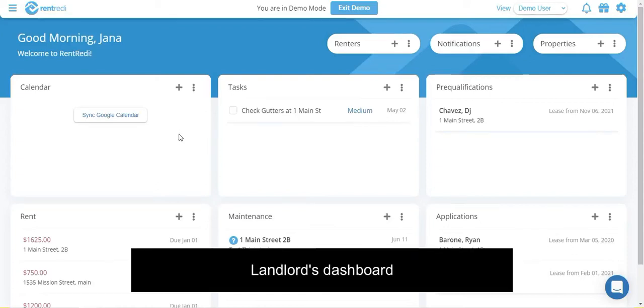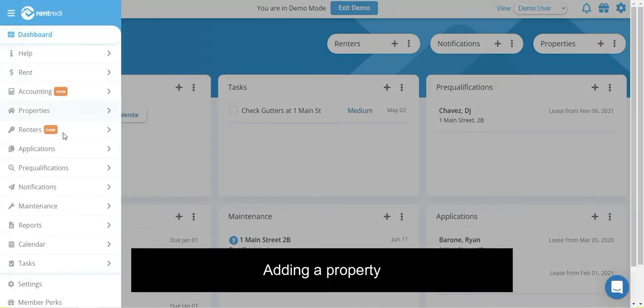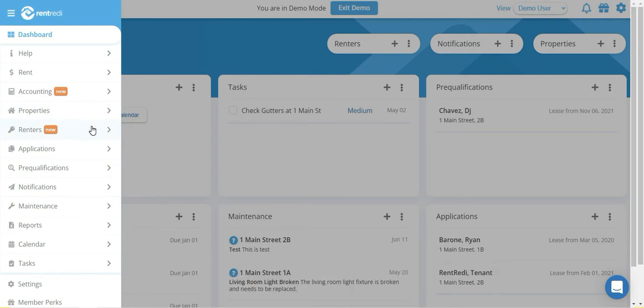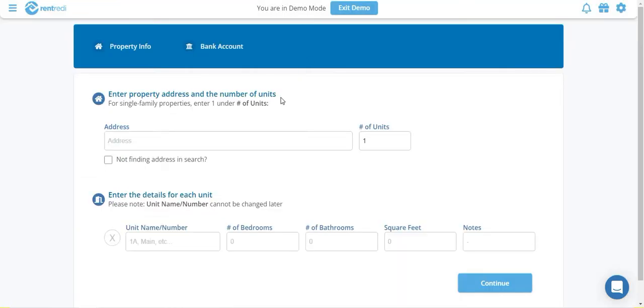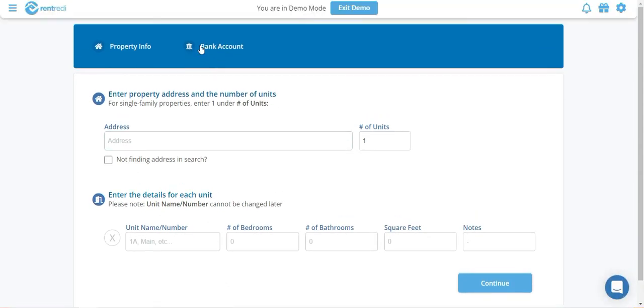In this video, I will review RentRedi, a property management app for do-it-yourself landlords. RentRedi is property-centric management software, which means everything revolves around the property. Everything is connected to the property. So when you start using the software, you need to first enter your rental and your information, of course, and